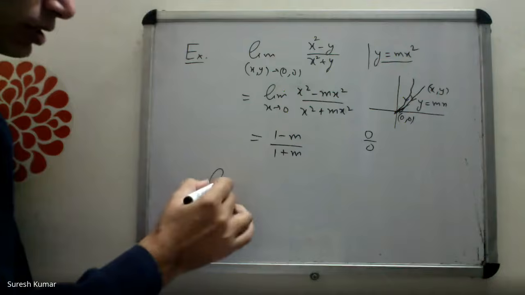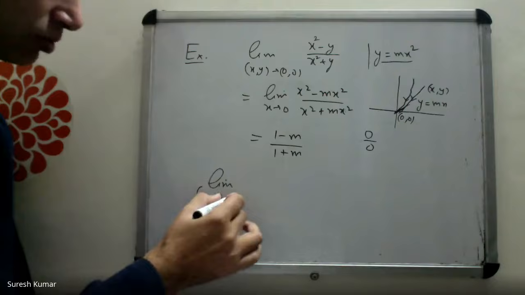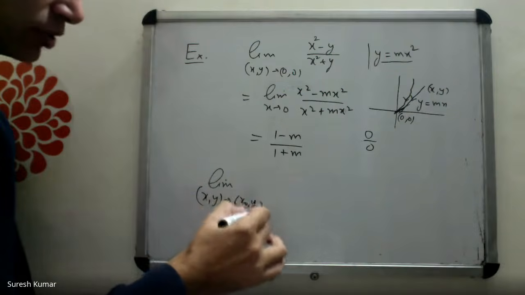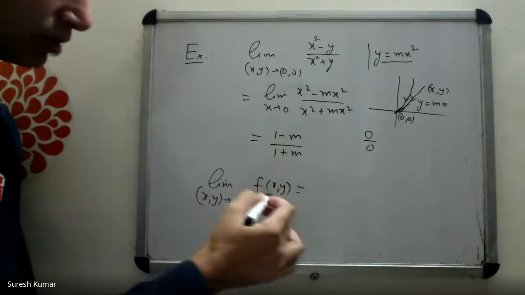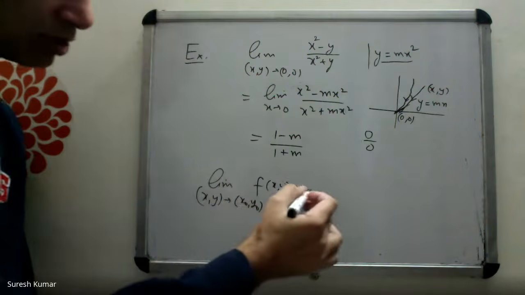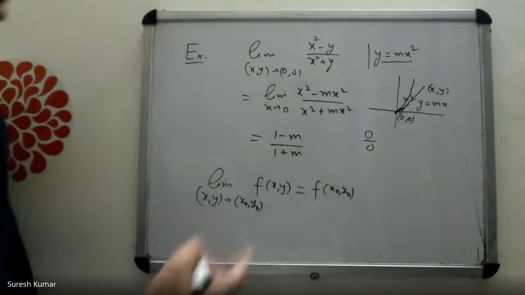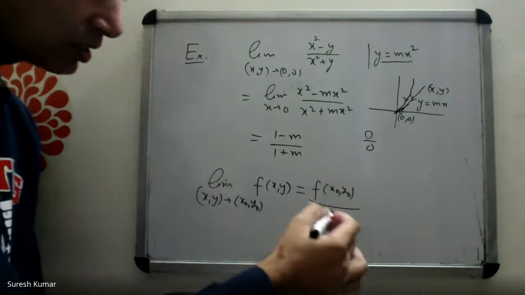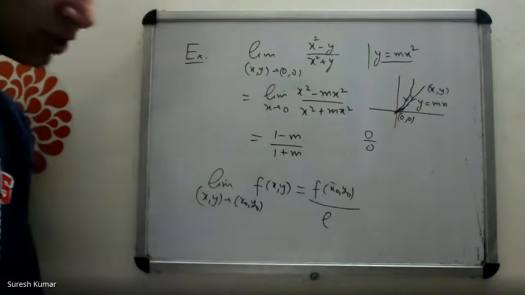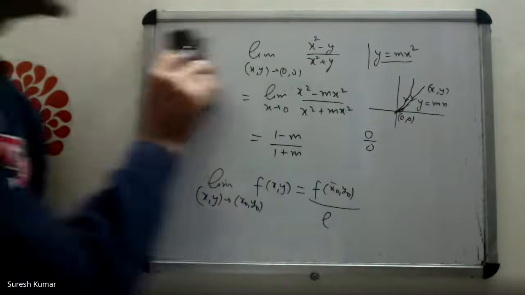Regarding continuity, if you know how to solve limits, it's very simple to do the problems of continuity. Continuity means the function is continuous at (x0,y0) if limit of f(x,y) as (x,y) goes to (x0,y0) is equal to the value of the function. So same methods of limit you can apply. The only difference is there the L is replaced by the value of the function. Okay. So this is fine.